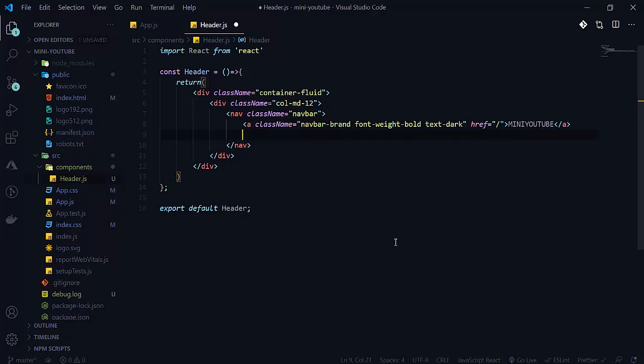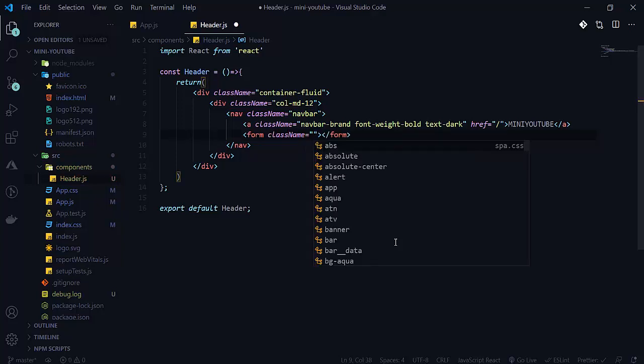So we can also create a form here. So let's create one form here. Form action will be nothing. In the next part we will create an action here also. That action we don't need because we are using React here.